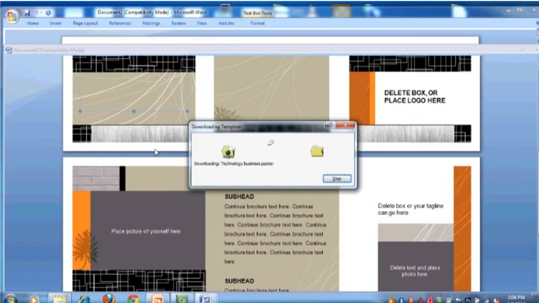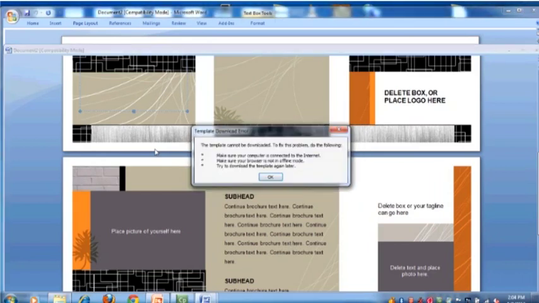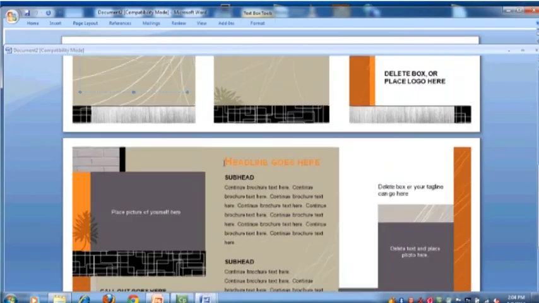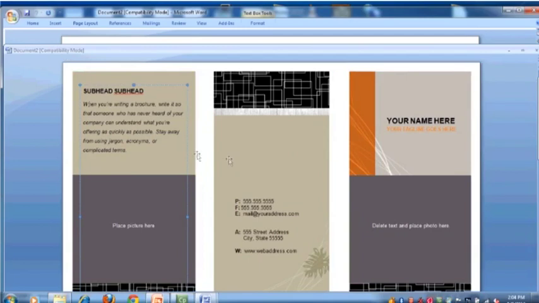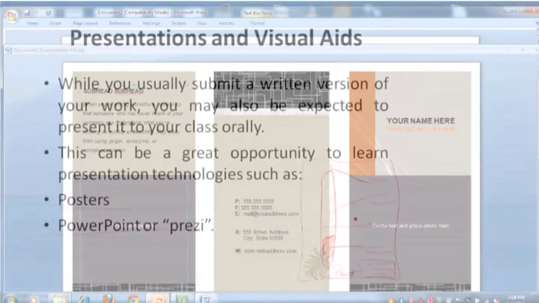So this MS Word, I hope that that is going to help you a lot for making any kind of brochure. So there was a problem downloading the flyer. I hope that you would try it at home and you would see how these kinds of things can be helpful to you.